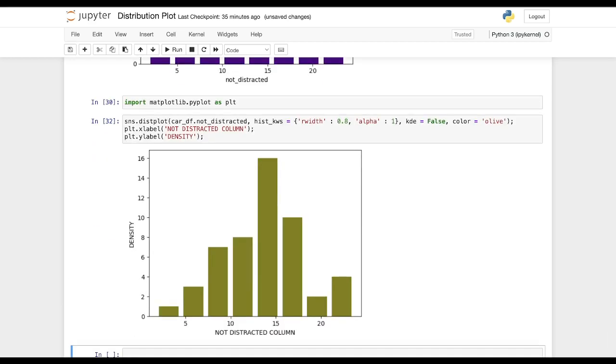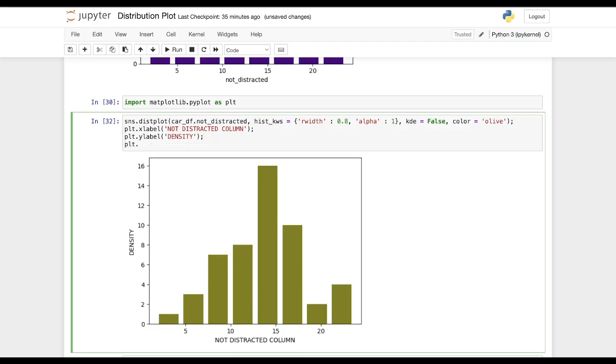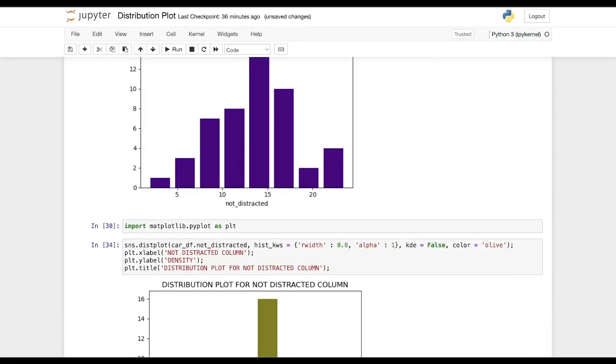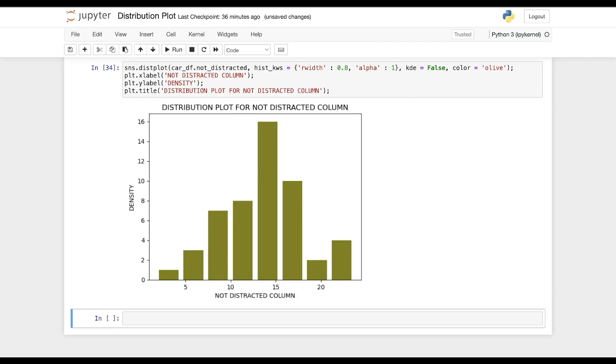You can also add a title to this, plt.title, and the title is distribution plot for not distracted column. So this is your histogram.